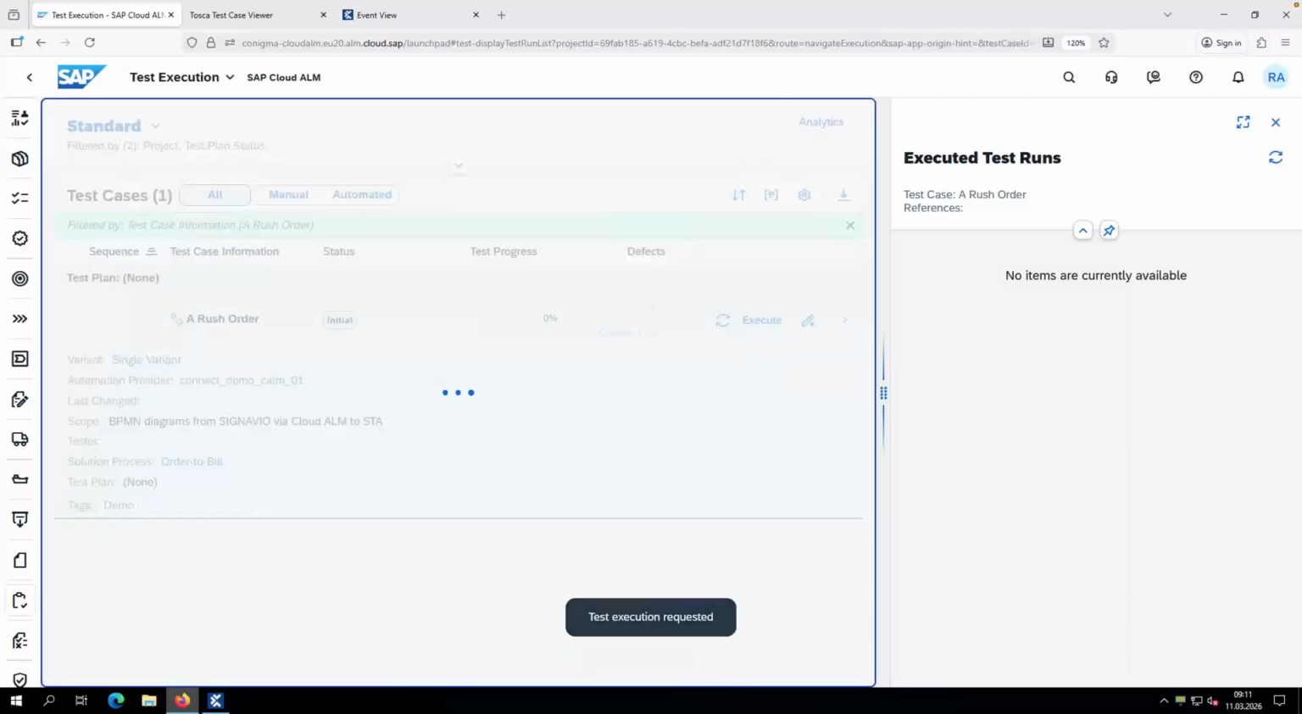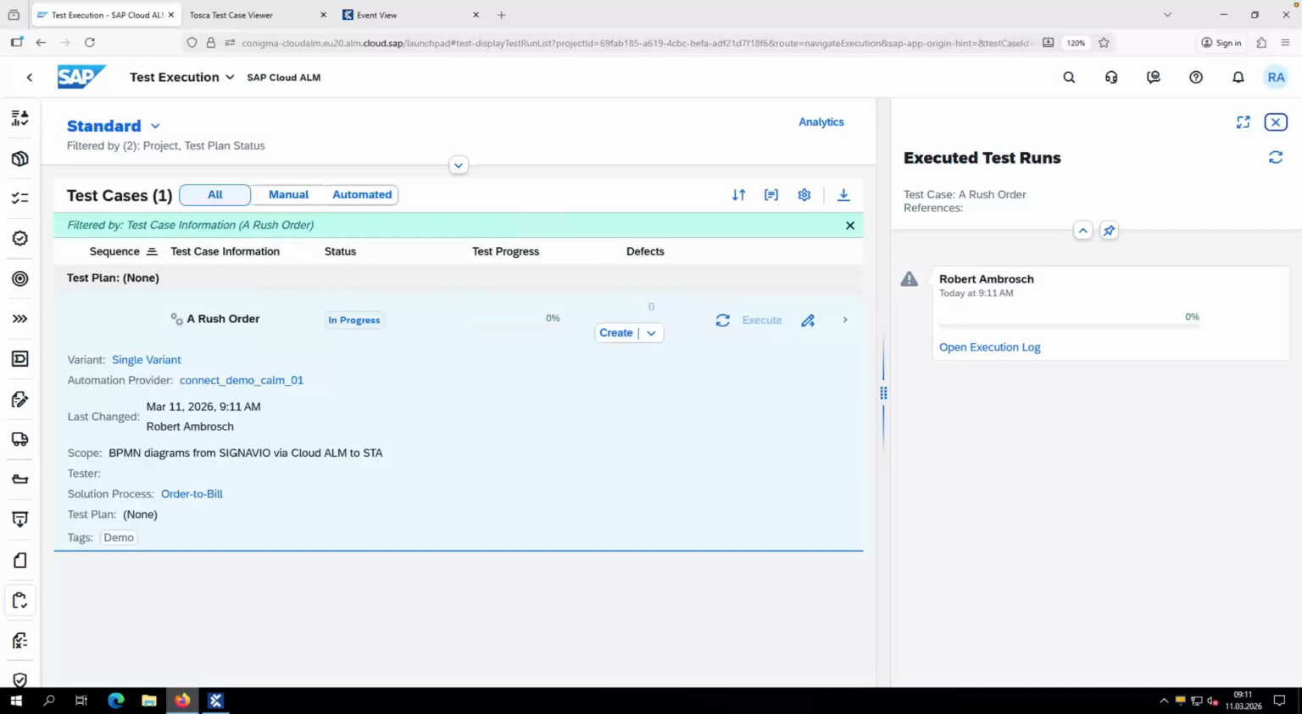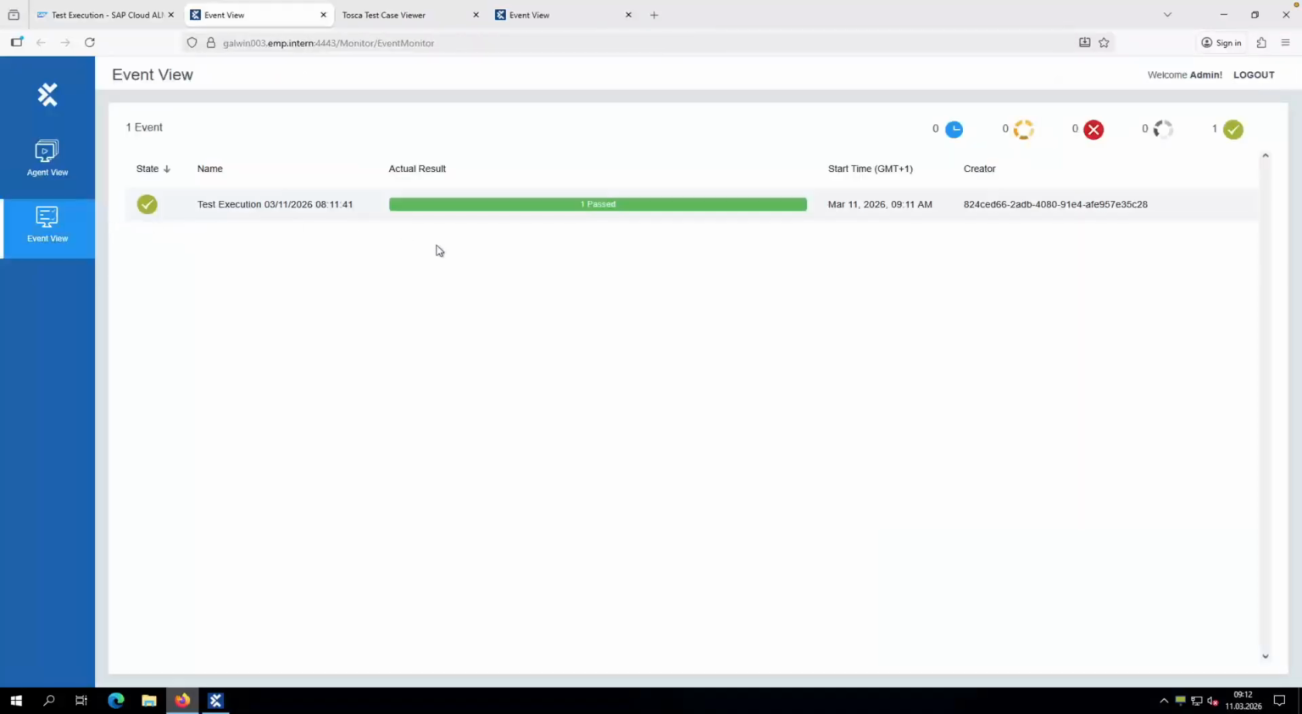request the Tosca execution of the linked test case remotely out of Cloud ALM. The execution of the Tosca test case is sent to the Tosca server. Once it's finished, we can use the Reload icon in the Cloud ALM test case view to get the latest Tosca execution results. Whenever needed, we can also click the Open Execution Log link to open the Tosca view on the test